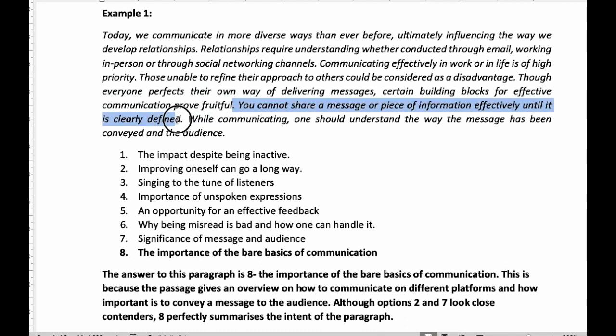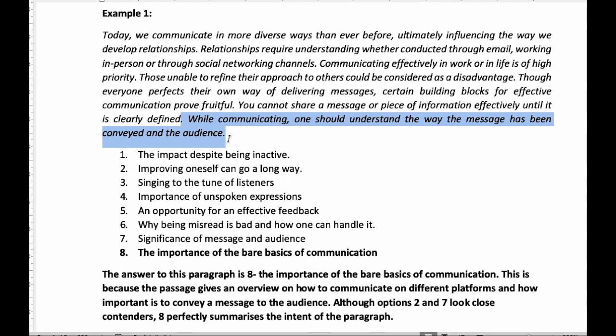And you cannot do that until you establish why you're doing this and what exactly you want to say through this message. And last but not the least, this sentence tells that you should understand the way that the message has been conveyed. You should consciously be in awareness about how this message has reached the public that you are addressing. Now, this entire paragraph talks about how communication is important for relationships and how this should be done, the right way of establishing communication, right?